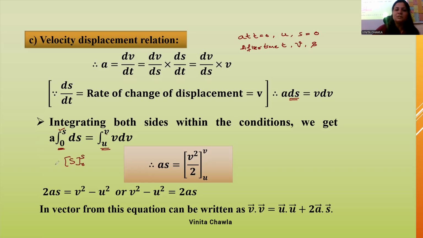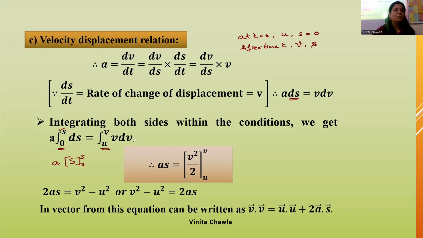Now put the limit 0 to s. s a को हम as it is लिख रहे हैं, see we are not including a here because we are assuming a as constant, we are considering this motion as uniformly accelerated motion. In uniformly accelerated motion, acceleration is constant, so whenever we are integrating, we are taking differentiation of displacement, velocity, time, because time is changing, velocity is changing, displacement is changing, but acceleration is not changing. That's why we're not writing dA here. A is not a variable, A is a constant. यूनिफॉर्म एक्सेलरेशन है, नॉन यूनिफॉर्म एक्सेलरेशन नहीं है, ये ध्यान रखना है।